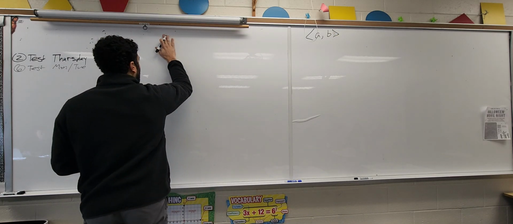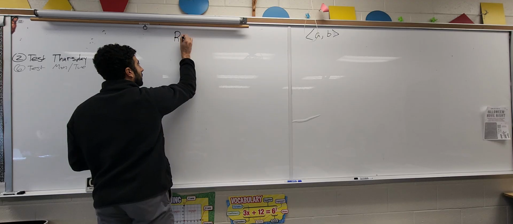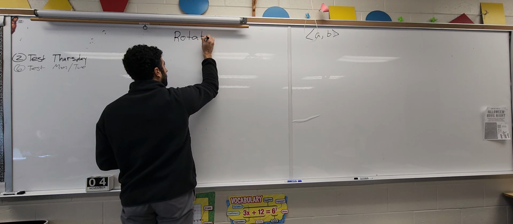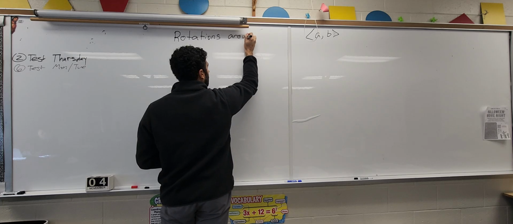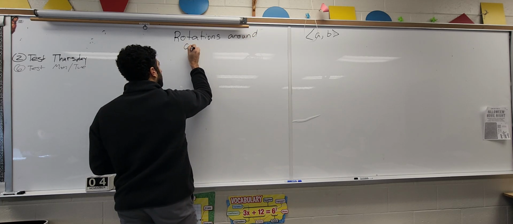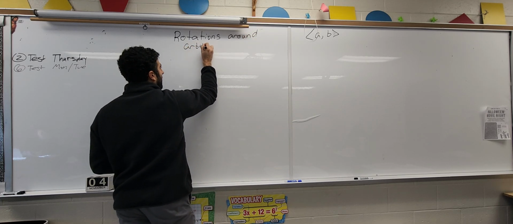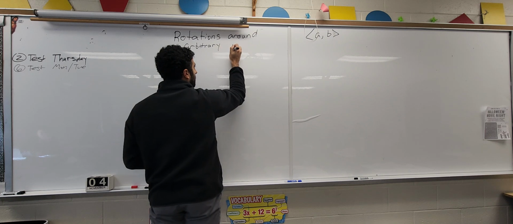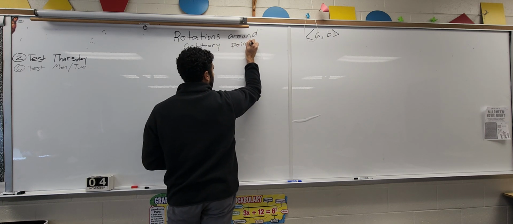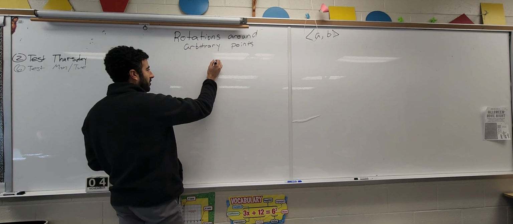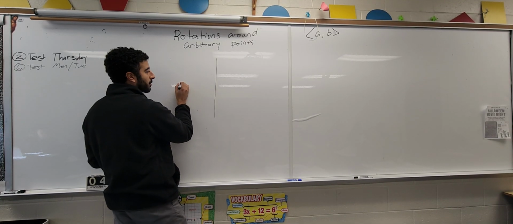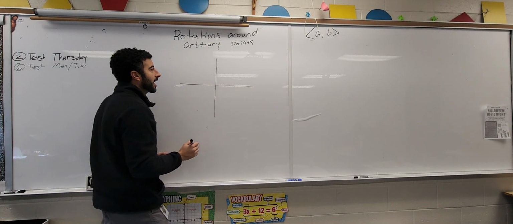All right. So this is rotations around arbitrary points. Arbitrary just means random points. It's not the origin, so it's arbitrary points. Something random. All right. So let's say you have a problem. This is exactly what it's going to look like. You're on your coordinate grid, or they might just tell you a verbal description of it, and they say, okay,